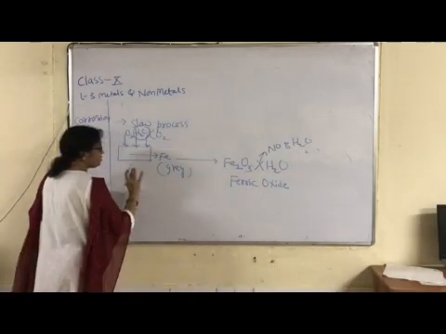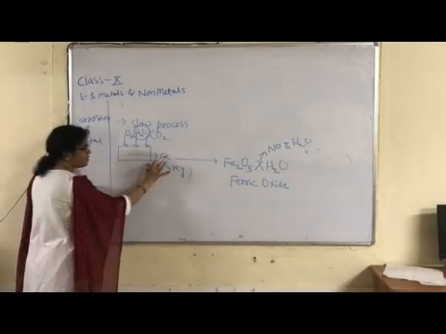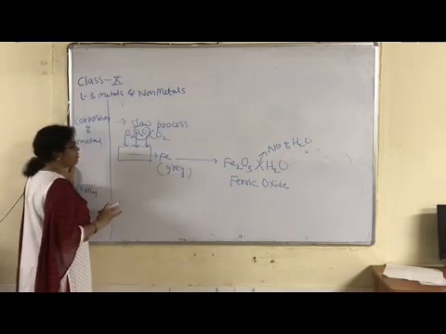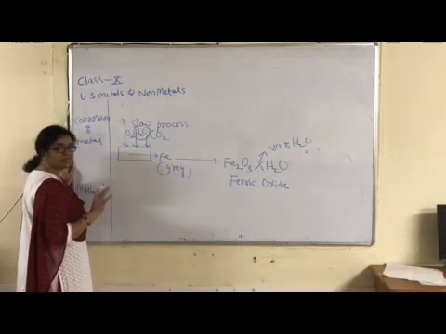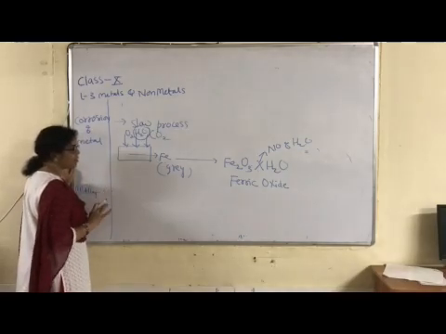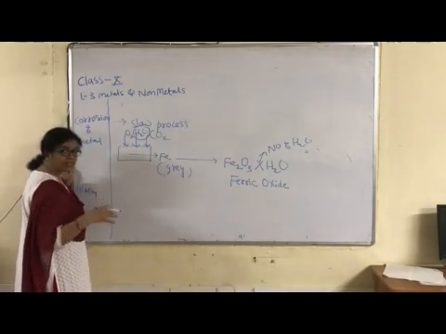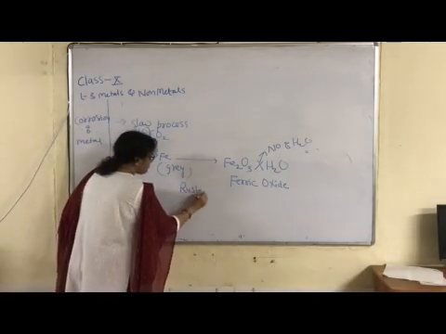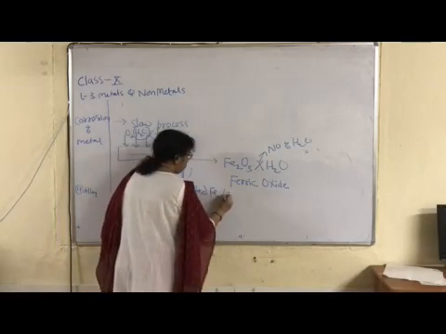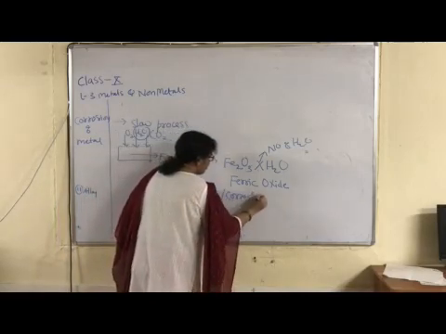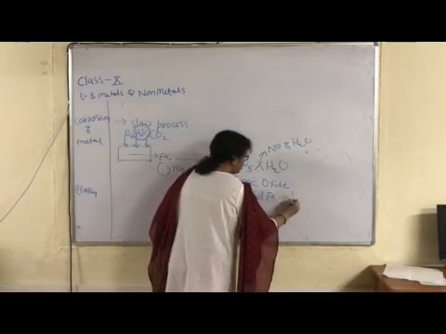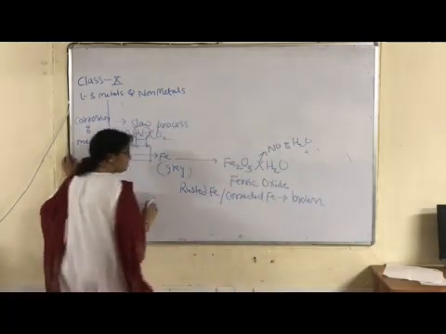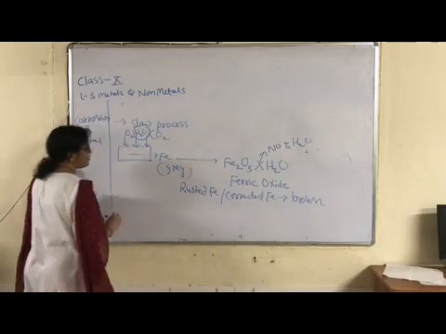Right? So this conversion of metal into metal oxide is known as corrosion, which is a very slow process, which occurs only on the surface. So this is a surface phenomenon. Now a possible question: what is the color of rusted iron or corroded iron? Its color is brown. Okay? Ferric compound always appears in brown color.